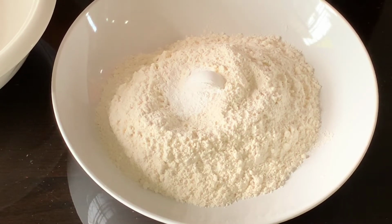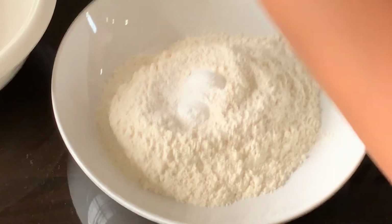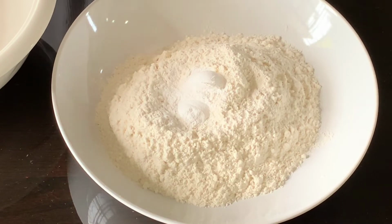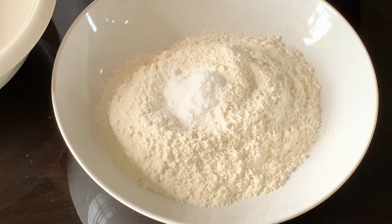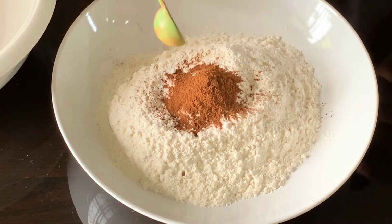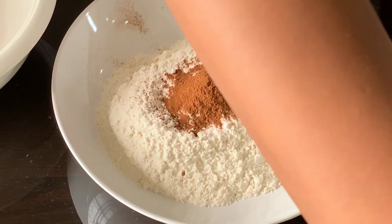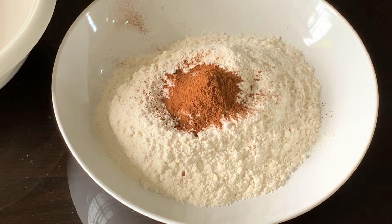So I just added a sprinkle of salt, baking powder, and baking soda. Those are two different things. They're both leavening agents, but they are different. Now you may ask, do I have to use both? Yes, in banana bread those two are usually used together. I've never tried using one without the other, and I can imagine you would still get some leavening, but I think they are used together because they give you that really fluffy texture that we like with banana bread. So I just added some cinnamon,